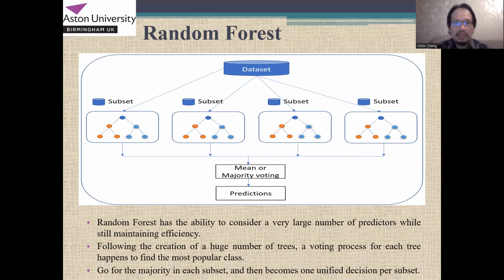So random forest, the data set then divides them into subsets. The random forest has the ability to consider a very large number of predictors while still maintaining efficiency. Then it follows the creation of a huge number of trees. A voting process of each tree happens to find the most popular class. So when it has the most popular class, then it wins. As I just summed up, it goes for the majority in each set, and then becomes one unified